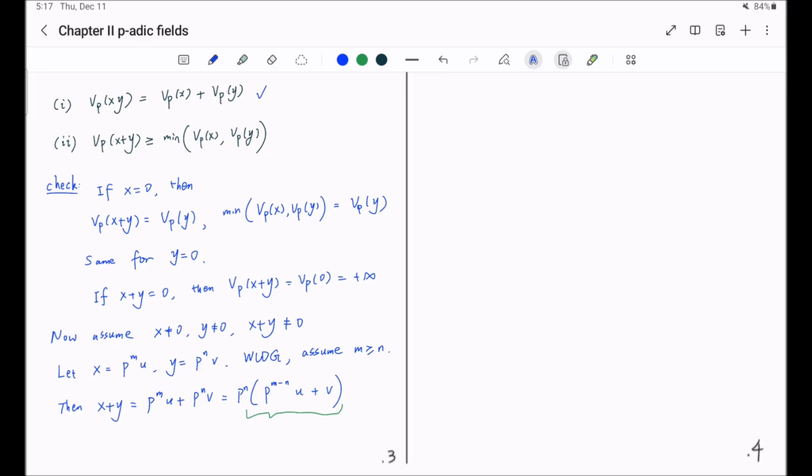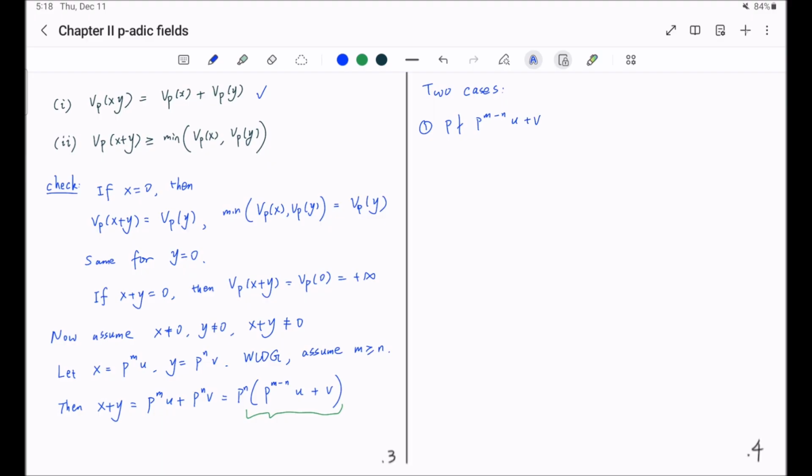And we consider two cases, depending on whether this part is divisible by p or not. In the first case, if p does not divide this part, then we know this is already a factorization for x plus y, because when p does not divide this part,